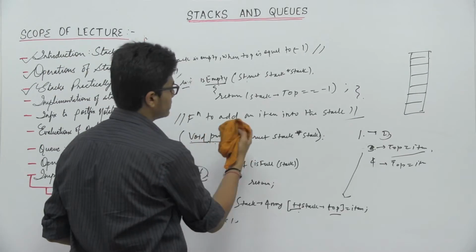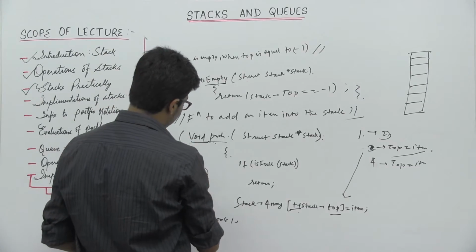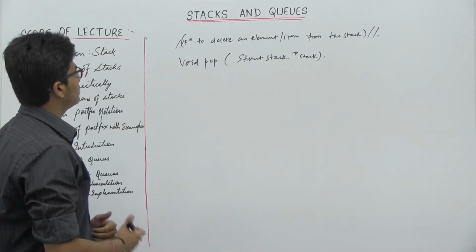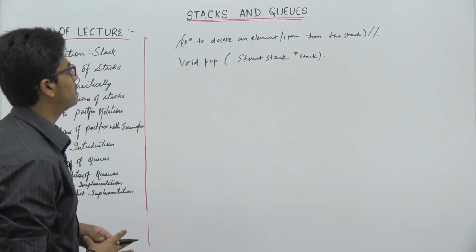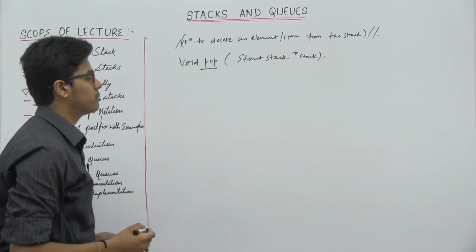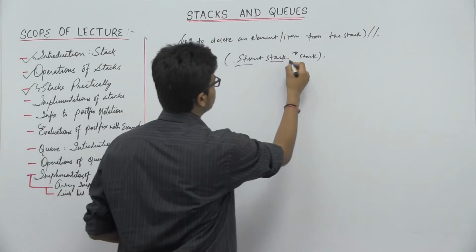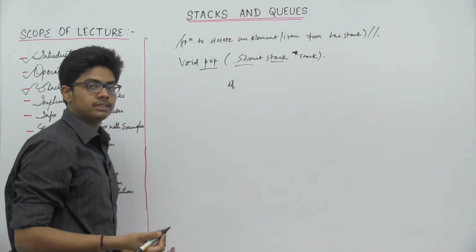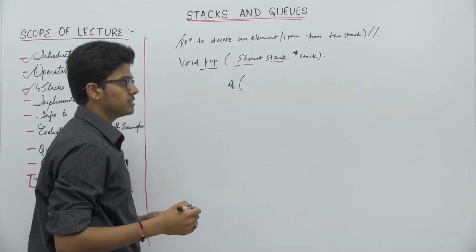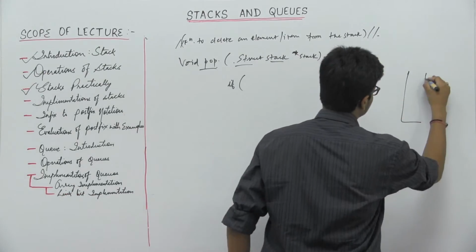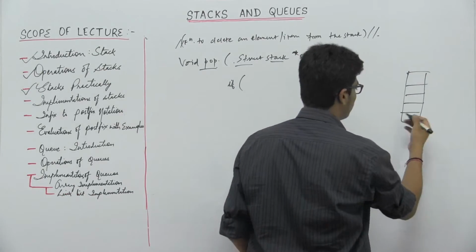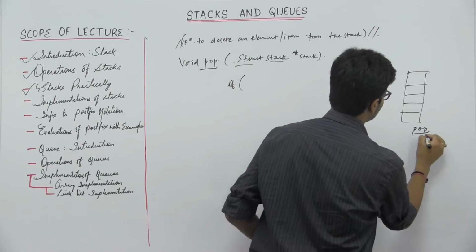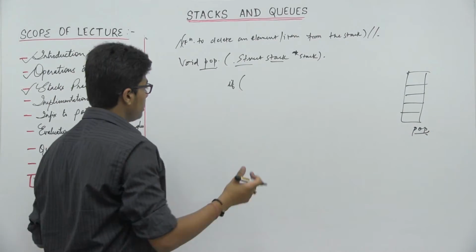We write a function and inside the function we pass an argument. It is the same condition we used in peek, to get the topmost element. So this is a function to delete an element from the stack. We already discussed the pop, push and peek operations. In the pop operation we pass the pointer of the stack and inside it we check whether the stack is empty or not. If the stack is empty, there is nothing to pop out. Suppose this is a stack and no items are inserted, so nothing can be popped out. So first we check whether the stack is empty or not.